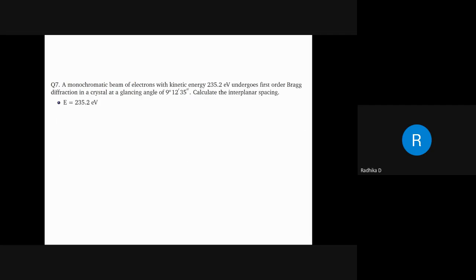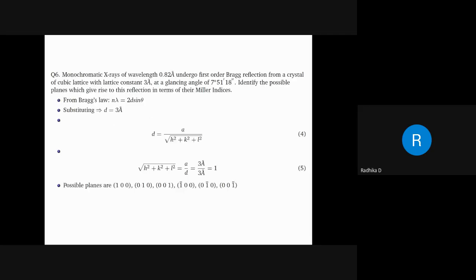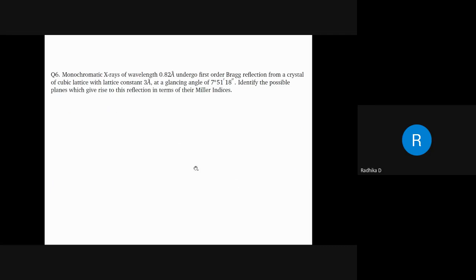Let me see if we can do this or this. Okay, there are two more to go. One more I think we can do. Let me just check, give me a second. Yes, you can use a scientific calculator, not a problem. I'm just seeing if there is any problem here. You can do the calculations later. I'll share the questions in the classroom once again. So let's move to the next question.